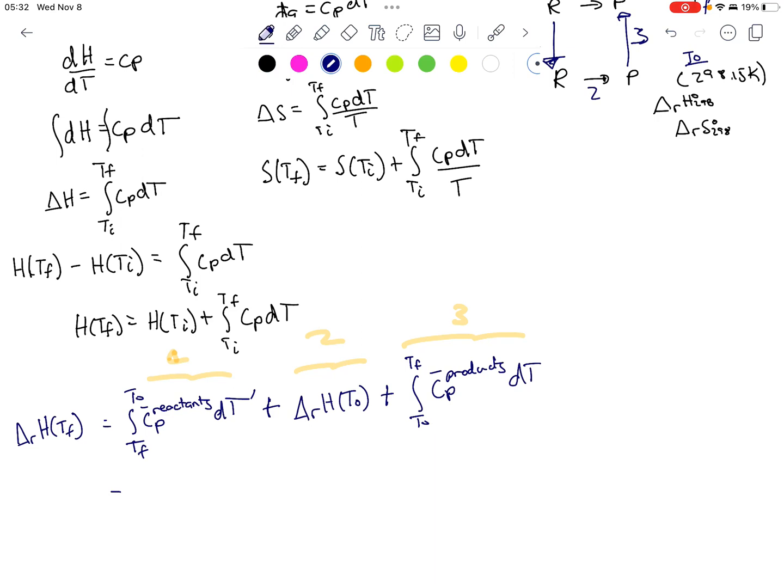We can see that this will be a little bit more convenient if I say that this is delta RH, and I'll put circles on these. Let's assume we're doing it at 1 bar of pressure. We don't have to, but whatever pressure we use is okay. Plus T naught to Tf. Now this here, you have Cp bar of products. This is that same sort of integral